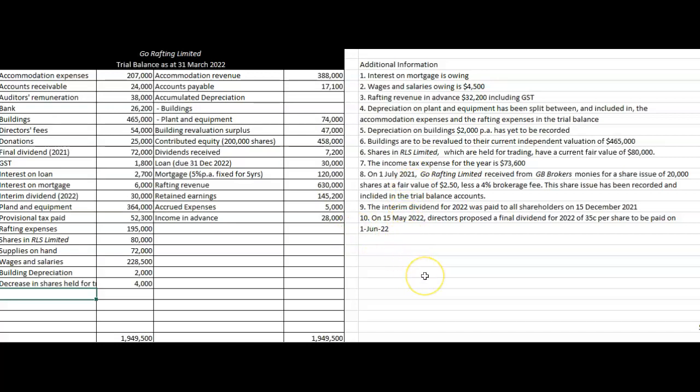Now the next ones here, number 8, 9, 10, all relate to distribution. So what we're going to do is I would like you to write this underneath where you've got your additional information. I'm going to start from the bottom. I'm going to write the 31st of March. We had 200,000 shares. And the valuation of that was $458,000. Right, so write that on yours. Then go up, and on the 1st of July, 2021,